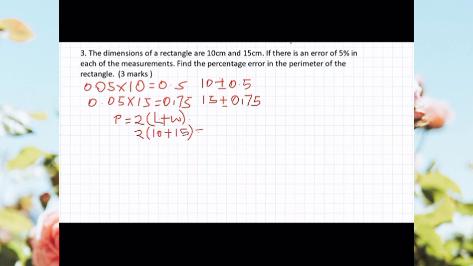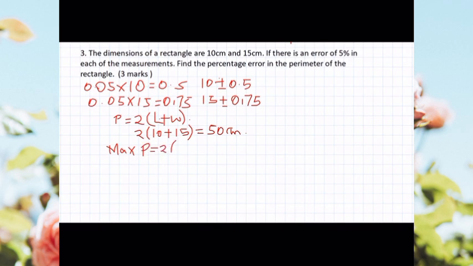And so this is going to give us 50 centimeters. And then, so that we can get the maximum, what we shall be doing is adding the two measurements, that is the length and the width. And so in order to get the maximum sum, we require the maximum of the length and also the maximum of the width. Hence, in order to obtain our maximum perimeter, we are going to